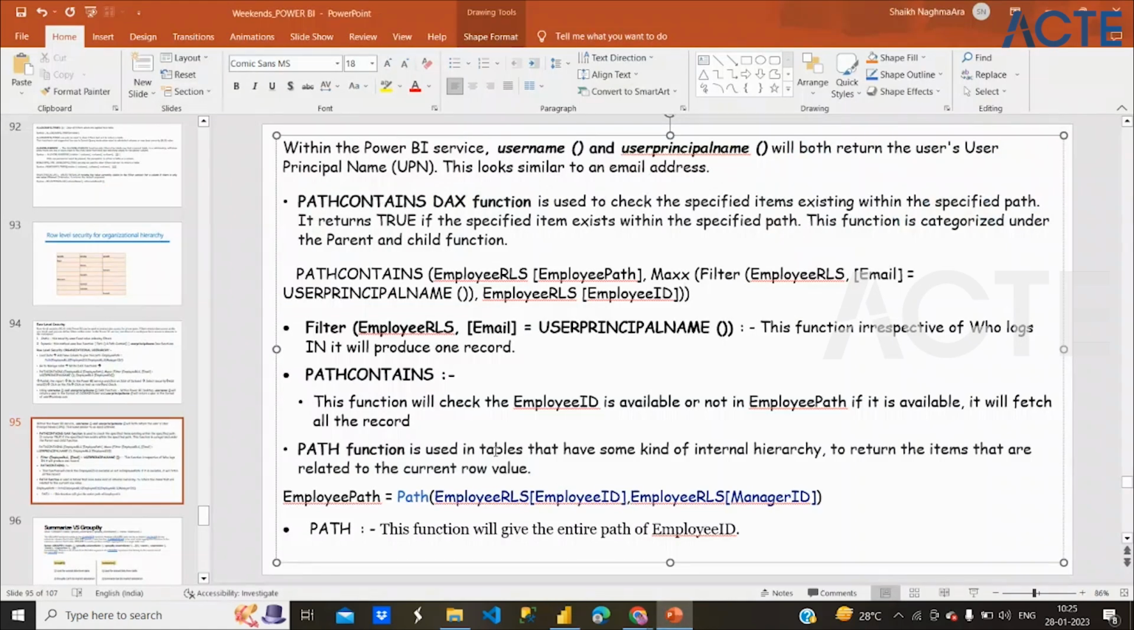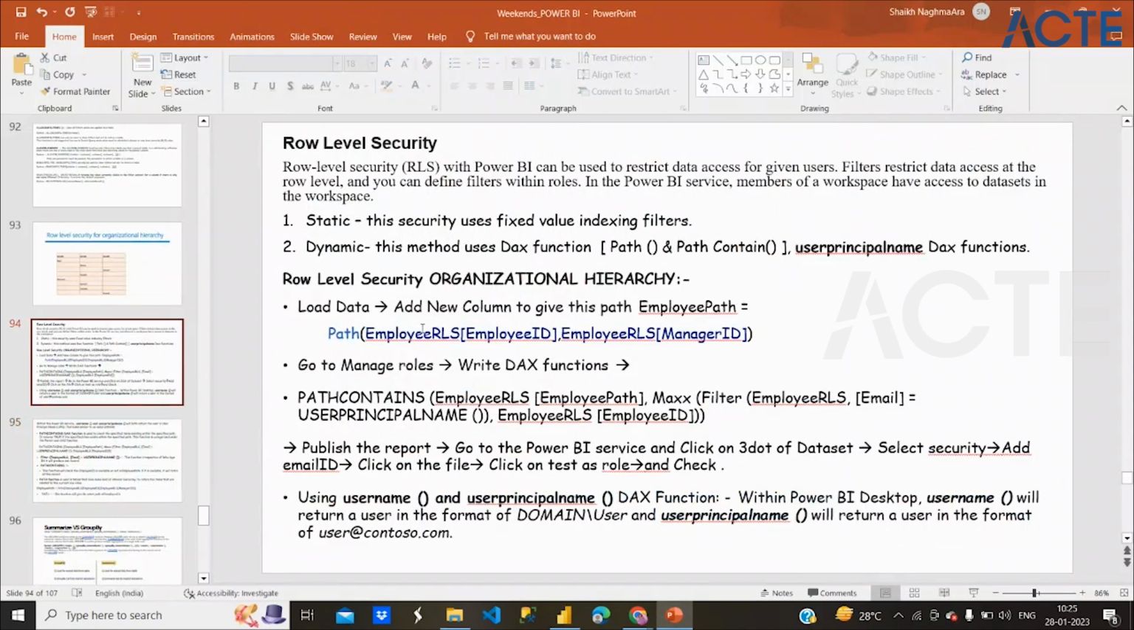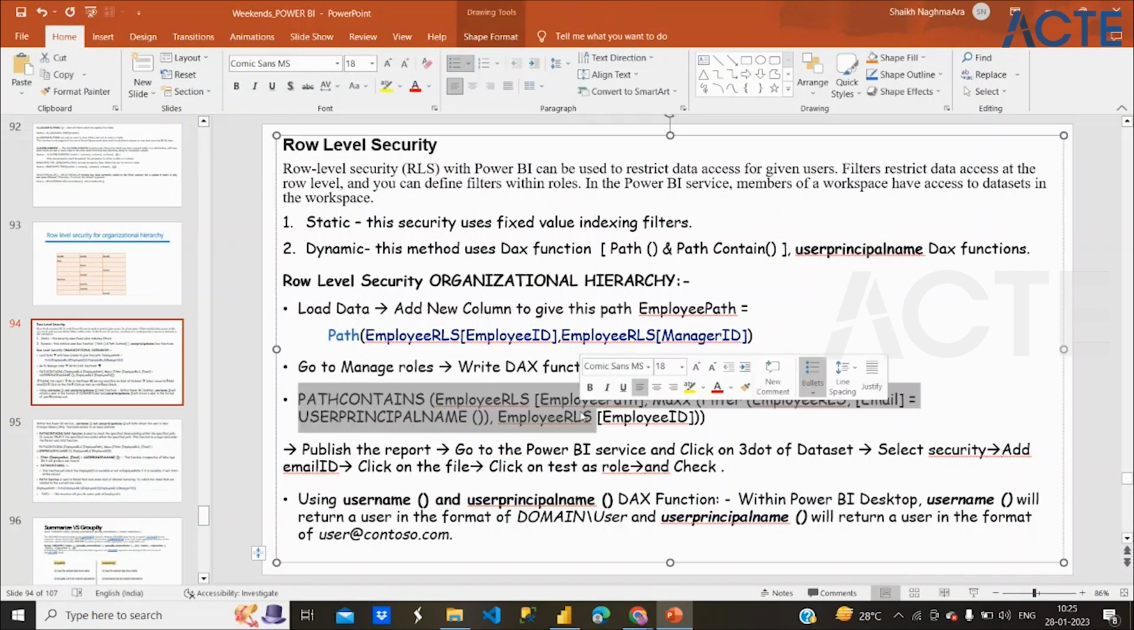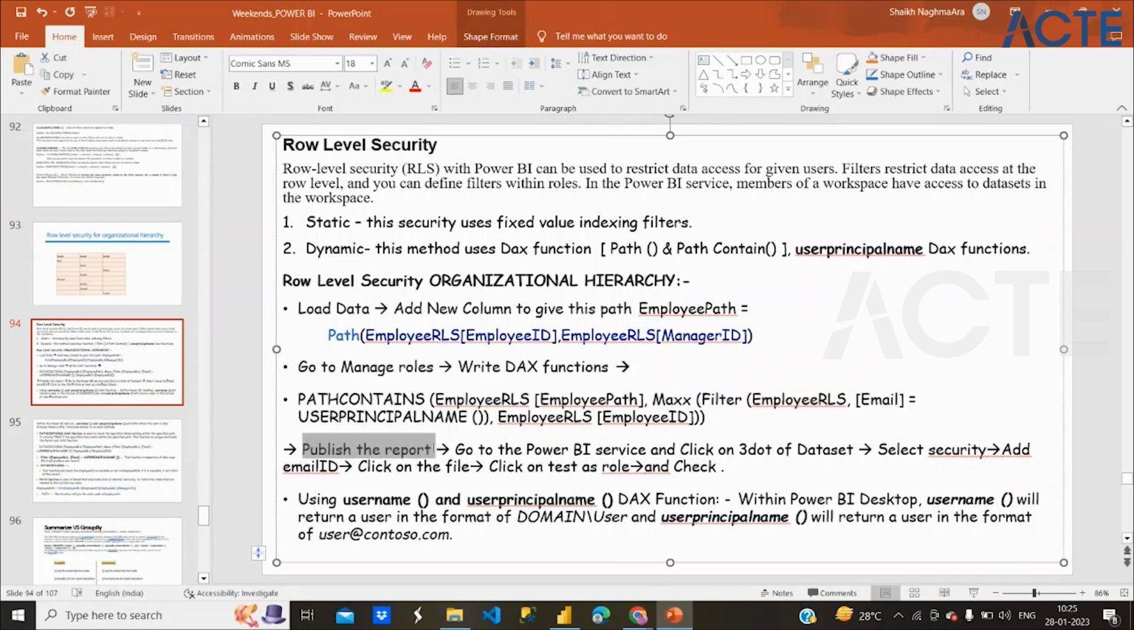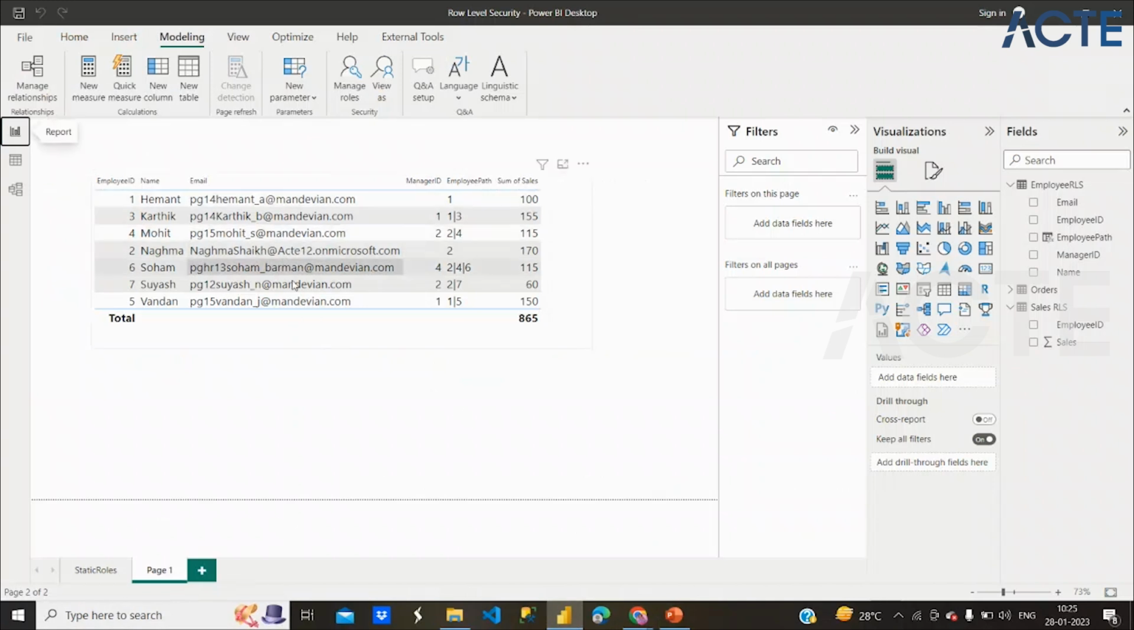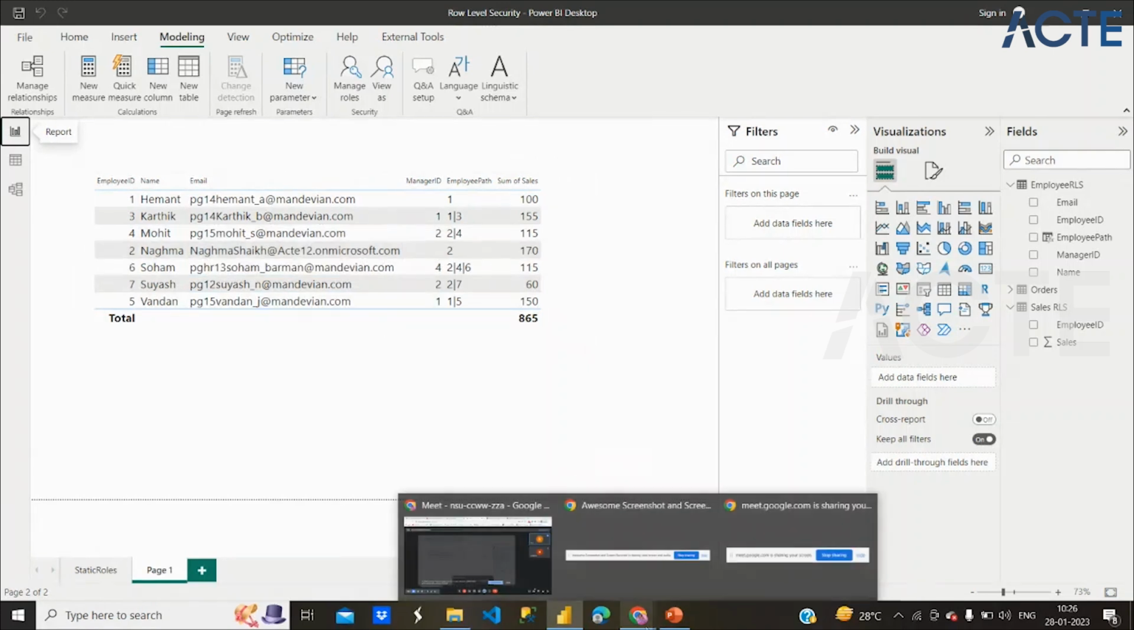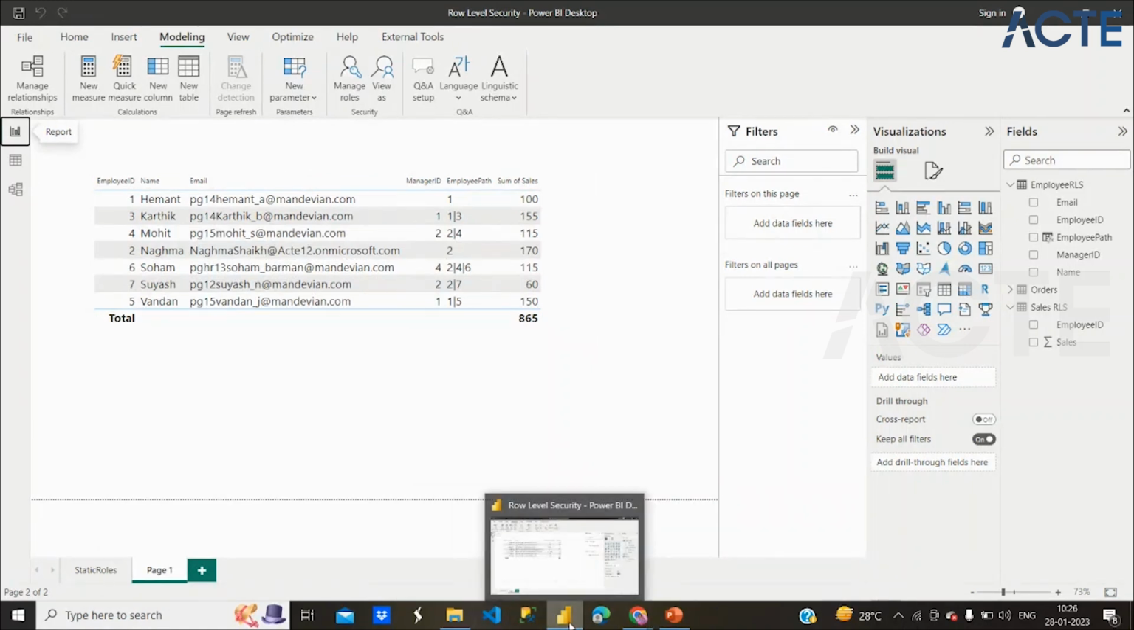So for this, after adding the roles in the desktop, we have to publish this report, and we have to go to the Power BI service, and there will be three dots on the dataset. We have to click on that and select security. We have to add the email ID, whichever email ID you have mentioned here. We have to add those. Even if you add your own name, then it will reflect that they have added you. Now you will be able to see